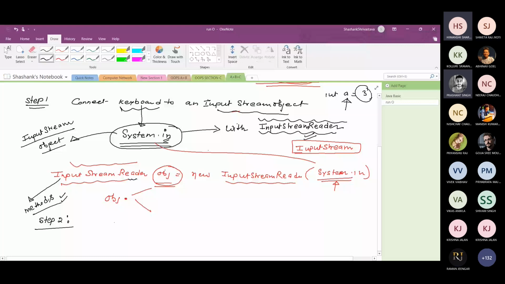तो जस्ट आई क्रिएट ए बफर रीडर क्लास ऑब्जेक्ट. Buffered reader is a class which is used to read the data from the keyboard. But actually input stream reader is also used to read the data. So what is the difference between buffered reader and input stream reader?